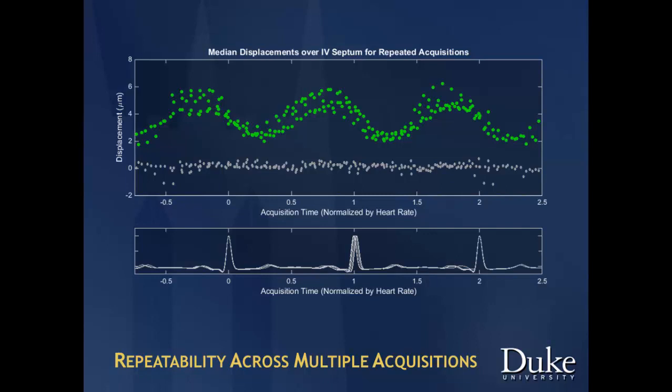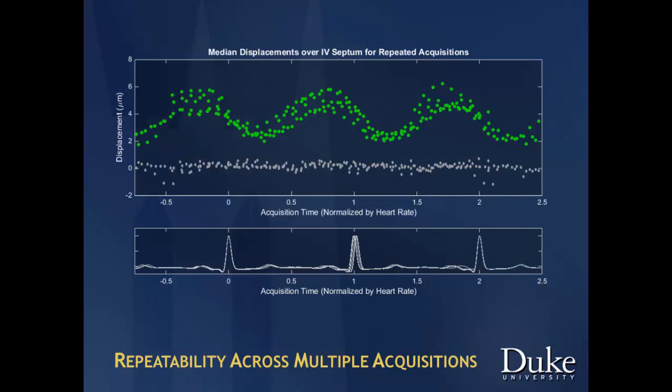But we get pretty nice repeatability, but with a pretty significant spread, right? And they're temporally aligned. We didn't draw the lines, but you can kind of follow the lines that were recorded from individual acquisitions. And so you just get variation from beat to beat, and whether this has to do with respiration motion or